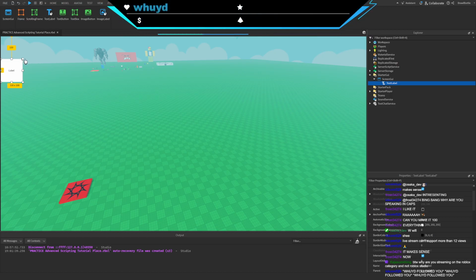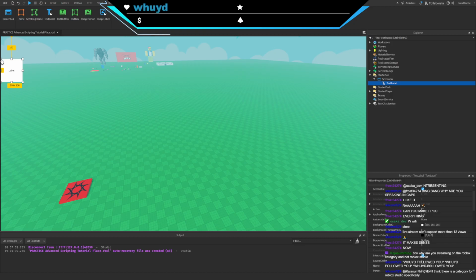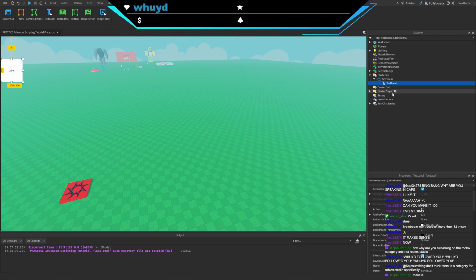So when the position of the X with this anchor point is 100, then that means the absolute position of the text label itself is going to be 0 over here. It's a little confusing, chat. I get it. It's kind of hard to wrap your head around this. I don't know if it's making sense to you guys, but